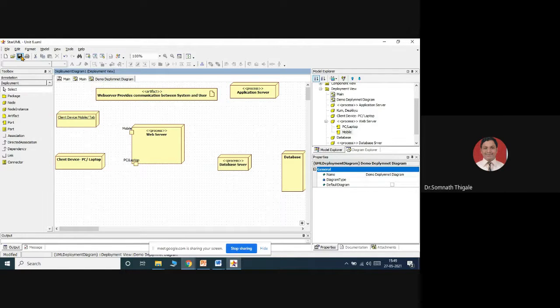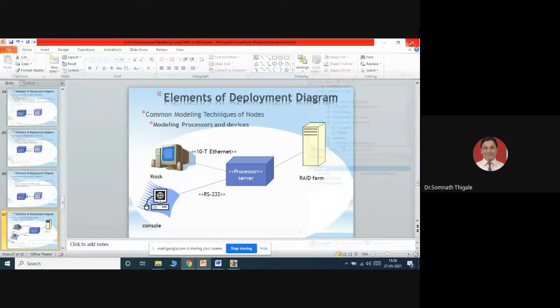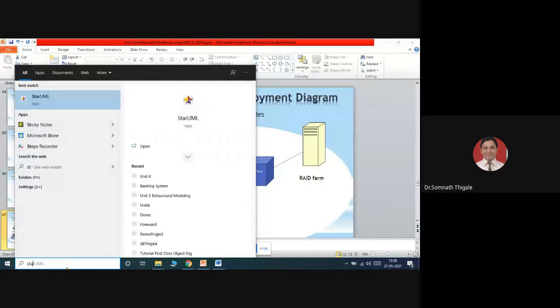Okay, it might be my software is not allowing, but I just need to provide the communication part over here. So connections, you need to understand. Save it. I will close it and then start it one more time so that it will allow me. Start UML.